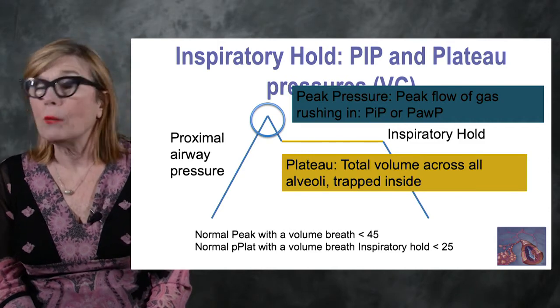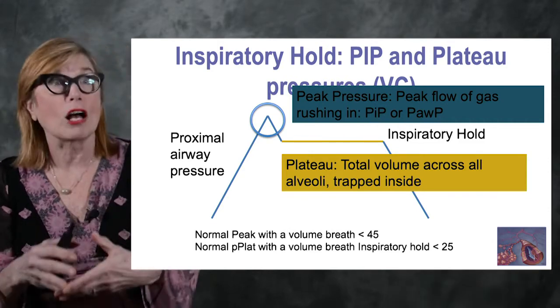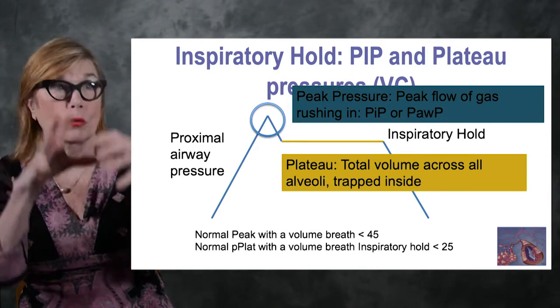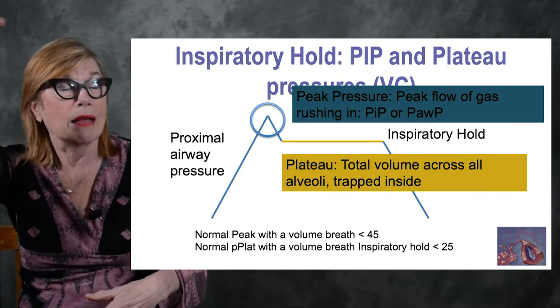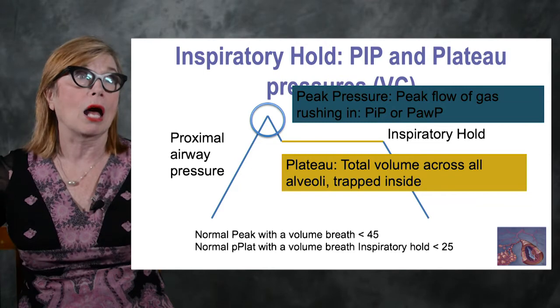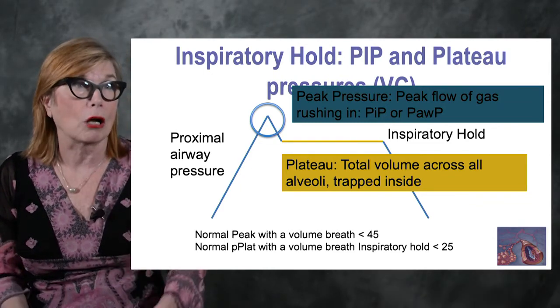Now, normally we don't start at plateau pressure because it could be extraordinarily high. If you've lost half of your lung alveoli, you're giving the same tidal volume into a much smaller surface area, and that gives you a high pressure. We've got to go above that pressure to open up your lung. So normally we use mean airway pressure for that strategy, and I'm going to talk about that in just a